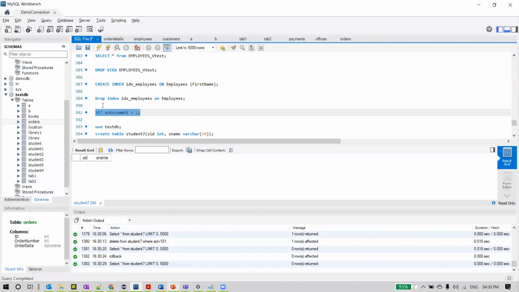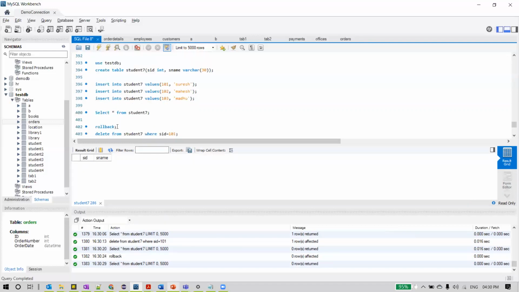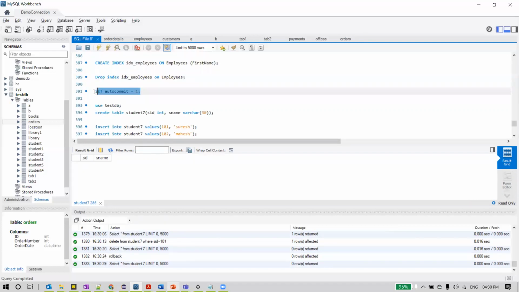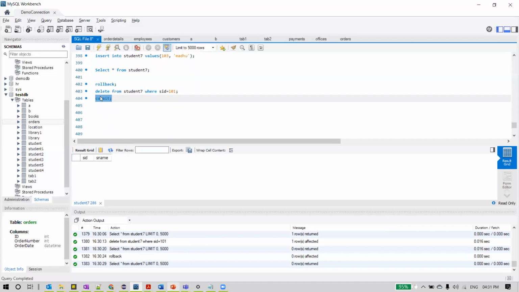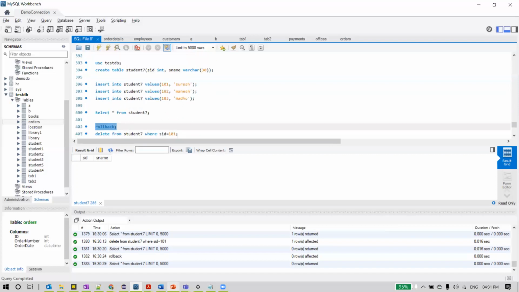When it is 1, we don't have any control over the TCL commands. Automatically, after executing each command, MySQL commits that command to the database. And when we have autocommit 0, it's our responsibility which transaction to commit and which commands to roll back. This is all about TCL commands, rollback and commit.